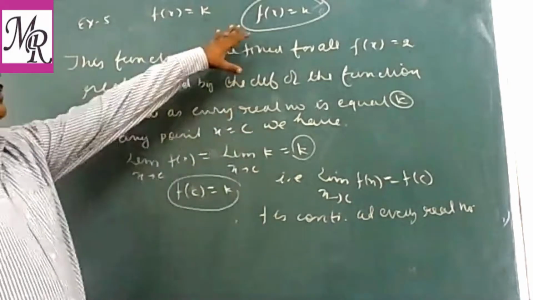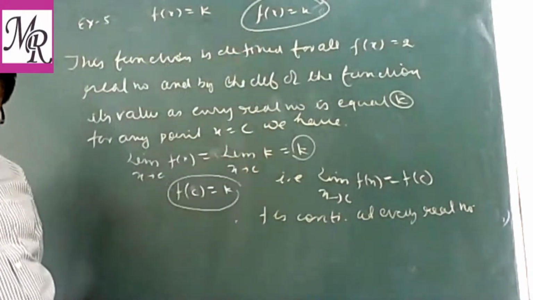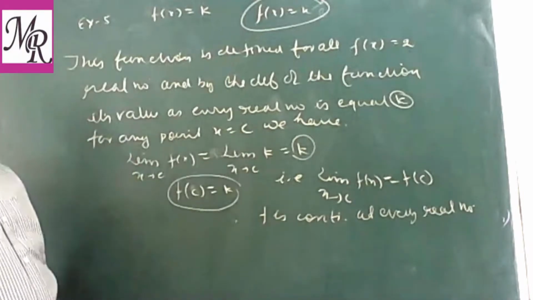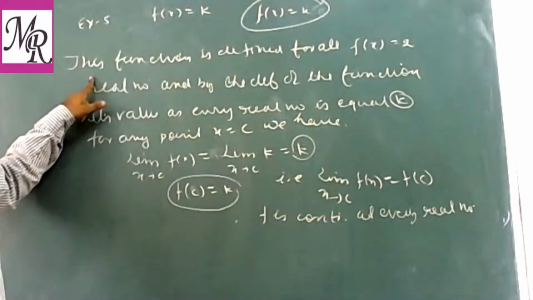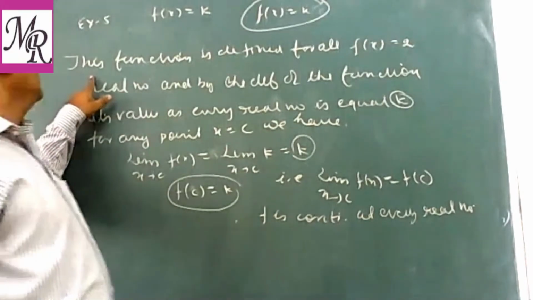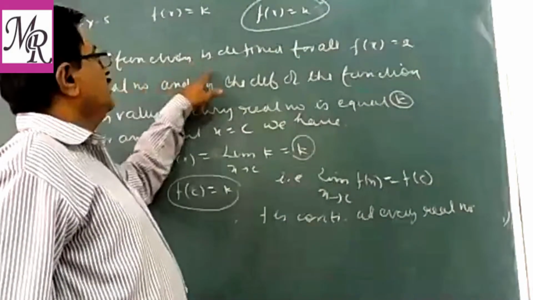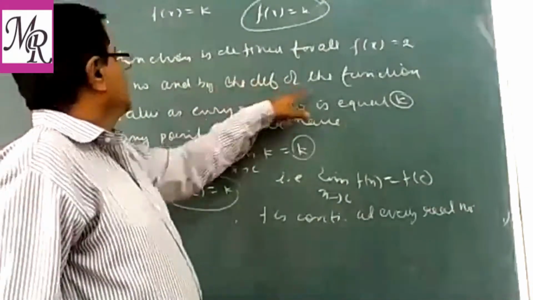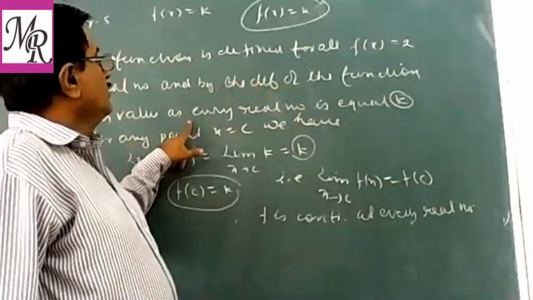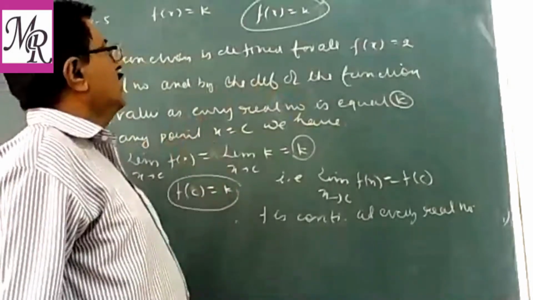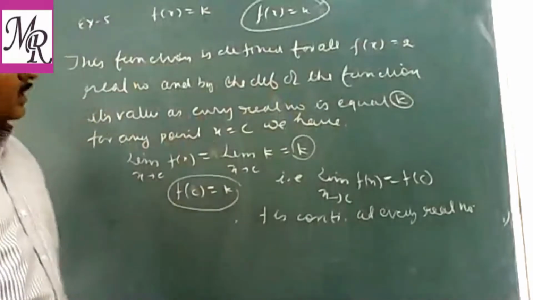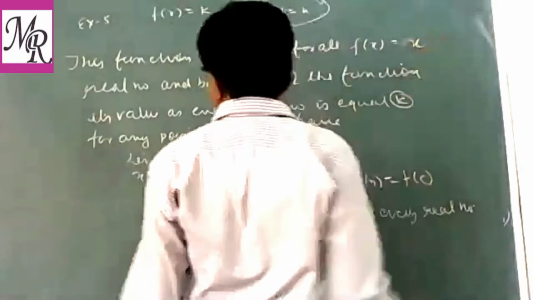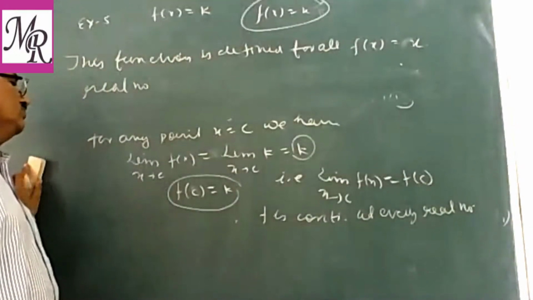So now say whether this function is continuous or not. Is it continuous at every real number? So here also we have to use this same language. First, the function is checked. So this function is defined for all real numbers and by the definition of the function, its value changes. Here f(x) equal to x. At x equal to c we have